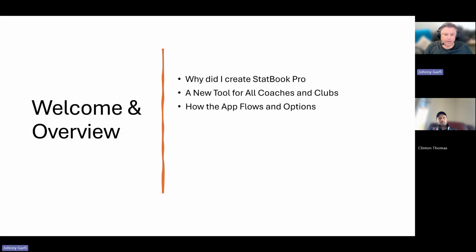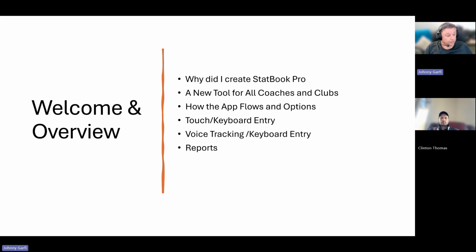We'll go through tonight how it flows and the options within the app, because it can be geared down and dialed right up depending on how and what you want to use it for. It can be used for the junior grades, or it can be used at a senior level, and so forth. We'll go through the options of a touch and keyboard entry, and then the real key point of difference here is the voice tracking and keyboard entry that you have available to you. We'll go through some of the reports that it can provide you,